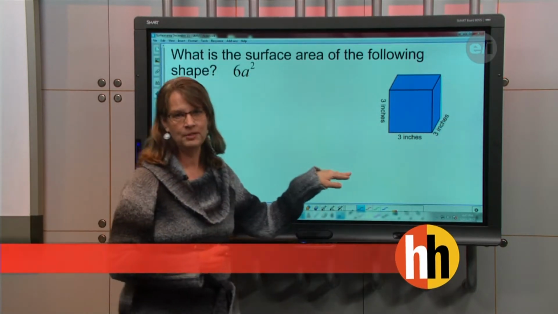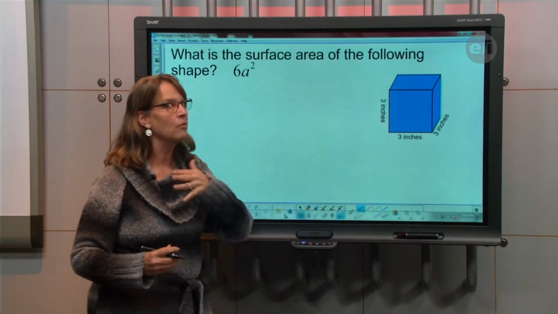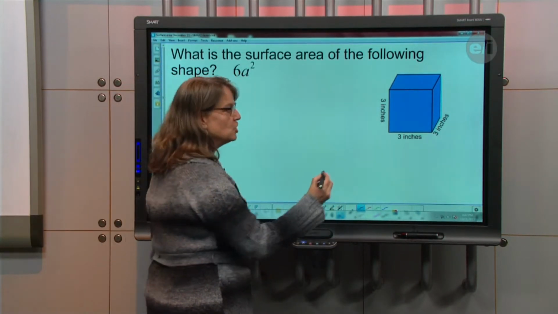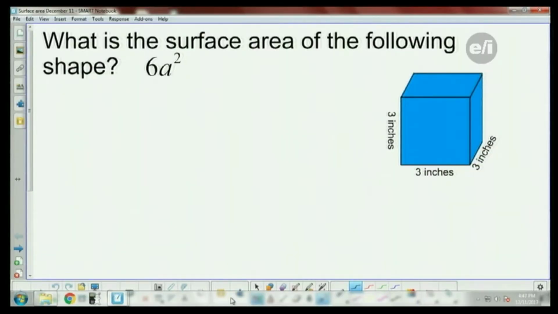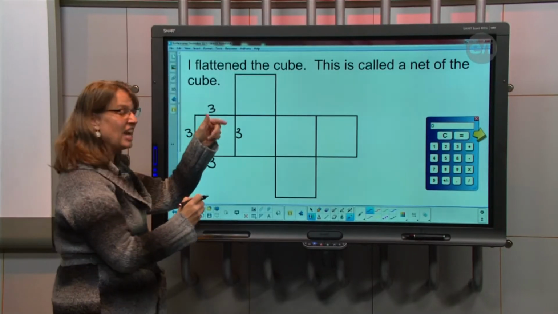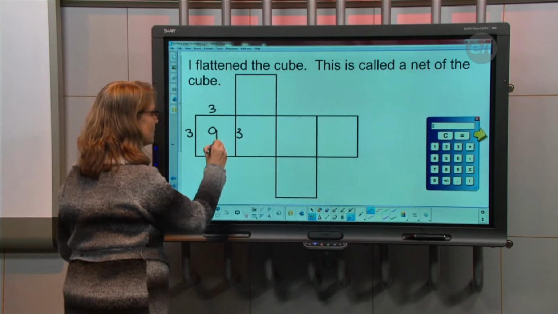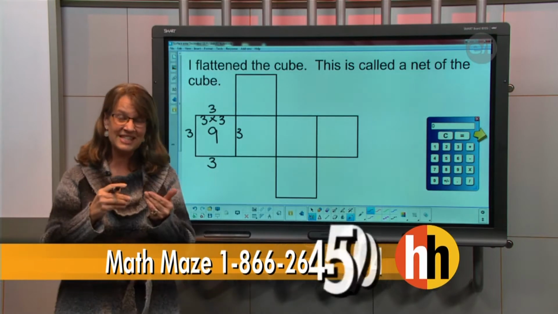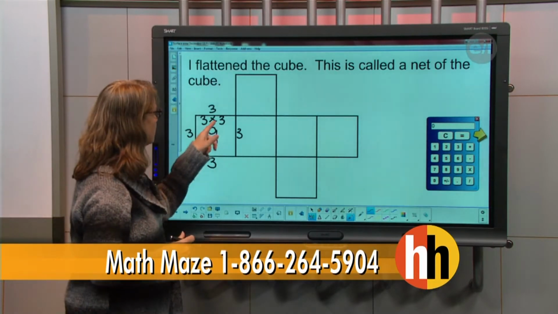I should have put down here not drawn to scale, because it's really not drawn to scale. But if one side of a cube is 3 inches, all the sides are. So if you look at the way Laura separated it, each one of these sides all the way around, and I'm not going to label them all, are all 3. So each area is 9, because remember the area of a square is 3 times 3, because if the sides are the same, it's a square. So 3 times 3 is 9.